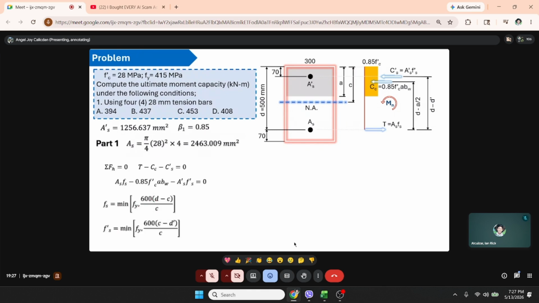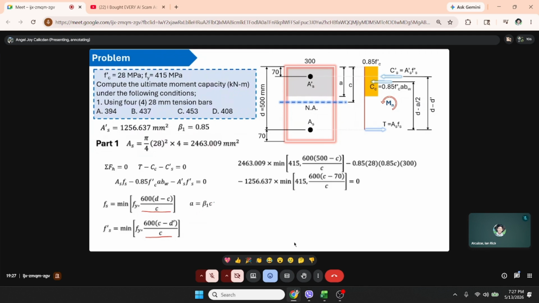And for Fs prime, minimum ra sa Fy o sa Fs prime na formula, which is 600 times c minus d prime over c, which is ang kanidua kay na-derive ganina. And a is equal to beta 1 times c according sa code. And by substituting everything para makuha si c,